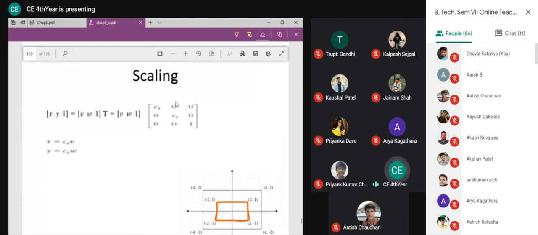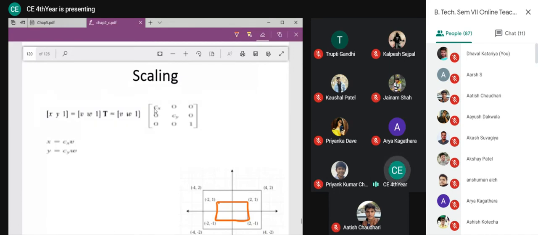What I want is x equal to the multiplying factor into v. Whatever factor I want to use, whether it is the factor itself or 1 by factor: if its value is greater than 1, the factor is for expansion. If the factor value is less than 1, the factor is for shrinking. So scaling, shrinking and expansion is possible by changing the coordinate values.